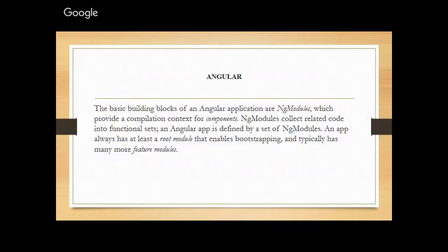You can look at an Angular application as a puzzle, and each module you have is a piece of that puzzle. When your application is complete, it is basically an arrangement of your modules. Your modules make up your application, and like I said, each module is a piece of the puzzle.